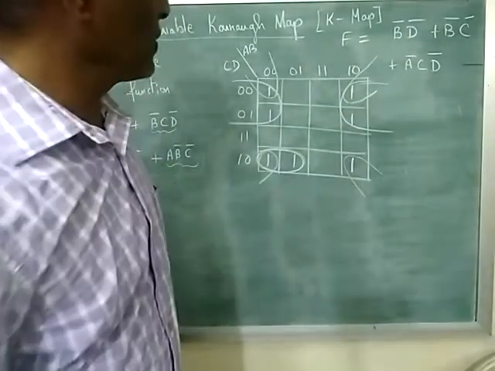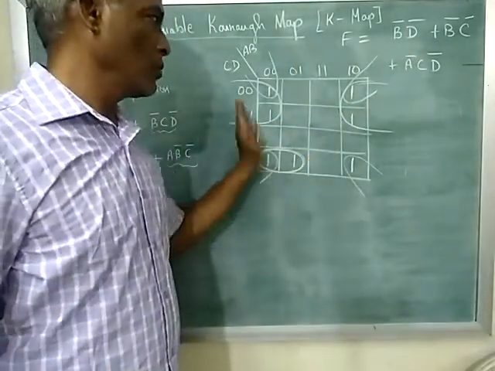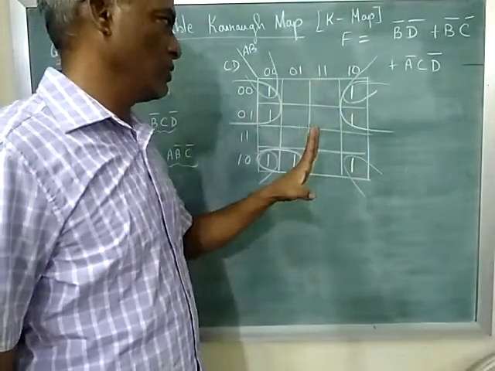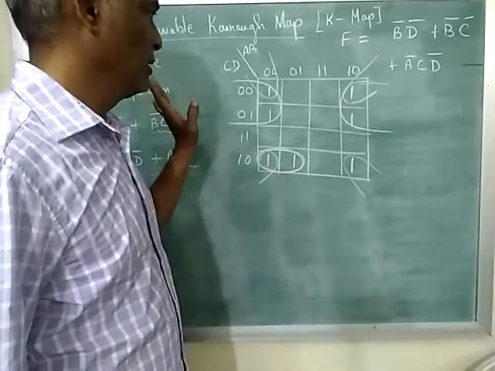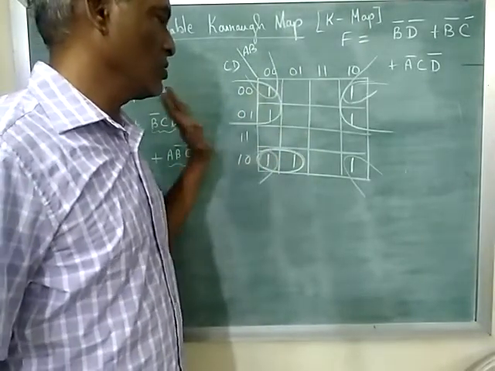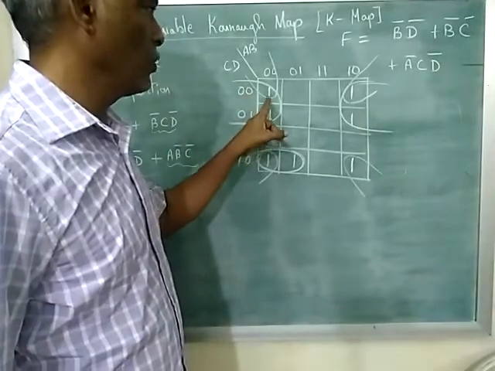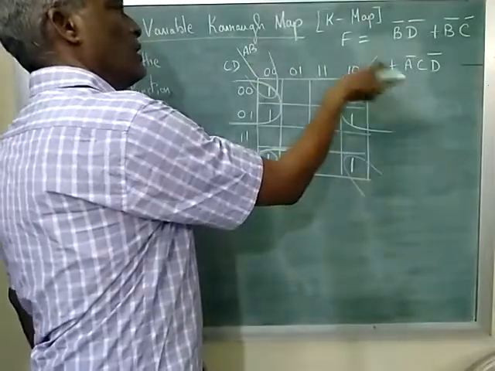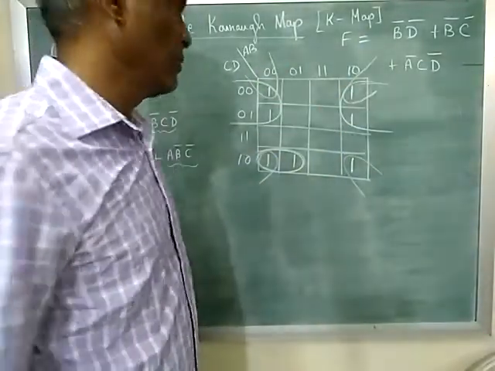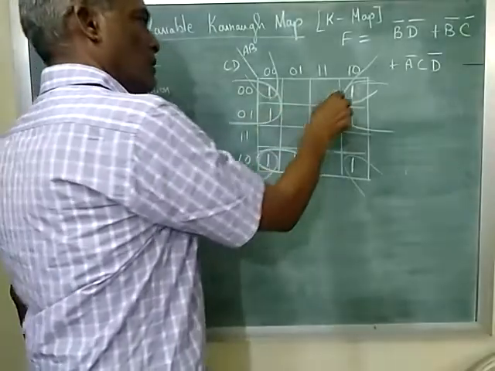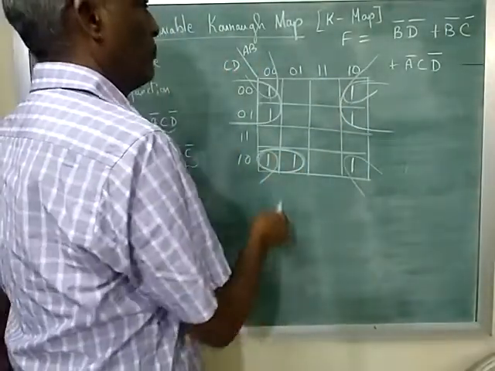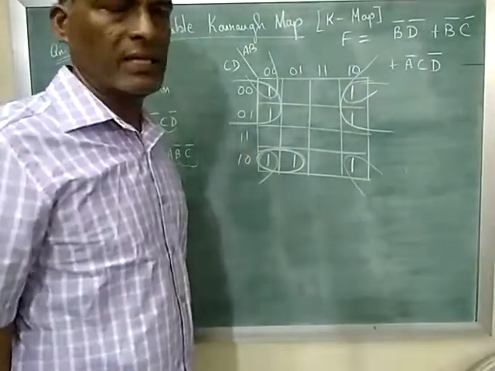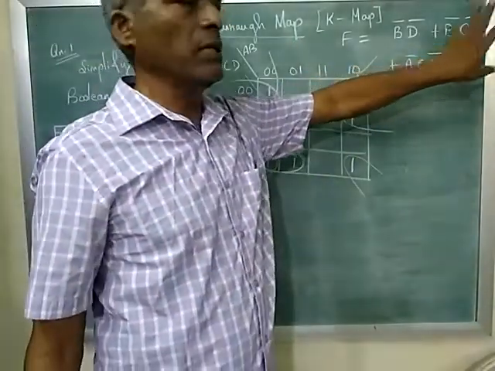So as I told you, first you try for all. If all are ones, then the value is 1. All the 16 boxes are 1, then the value is 1. We don't have 16 ones. Then you try for 8 boxes, that is also not possible. Then we have tried for 4 ones. See, these corners can be grouped together and we got one result, which is B bar D bar. Then these two ones and these two ones are combined together. So now we have 4 boxes. So you'll get 2 variables, which is B bar C bar.